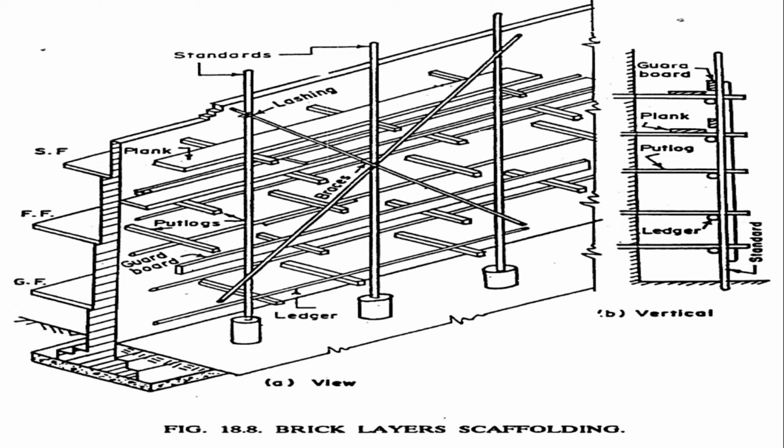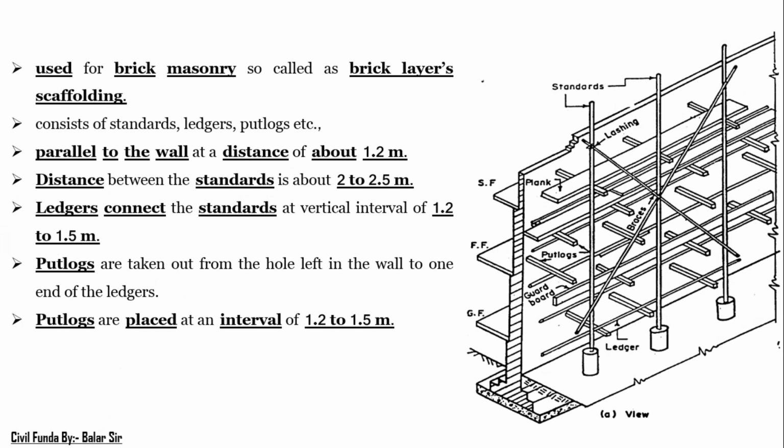Consider the same figure which is represented in lecture number 1 for the scaffolding work. The remaining processes are the same in terms of installation, but what is the main point? The main point is you go with this type of work for the brickwork, and the layer of your scaffolding is only single, like up to this. In that condition we know it as single layer scaffolding or bricklayer scaffolding. It is used for the brickwork, so because of that, it is known as the bricklayer scaffolding.